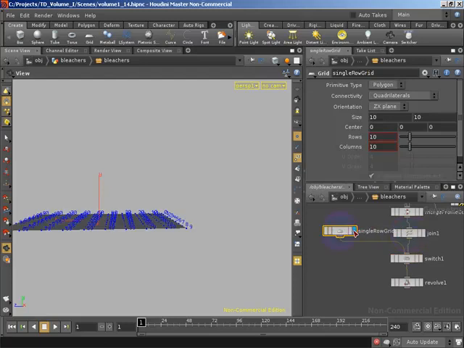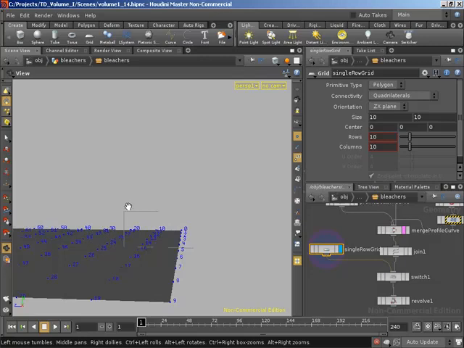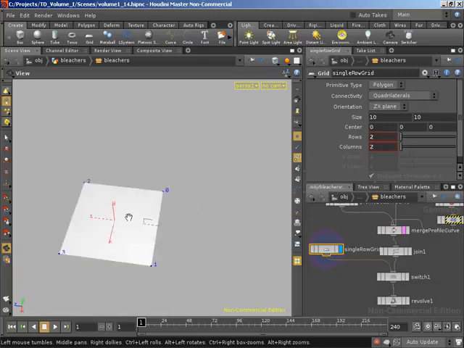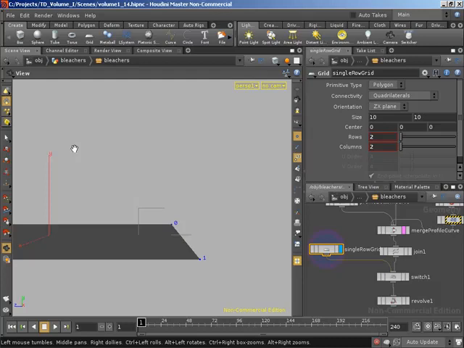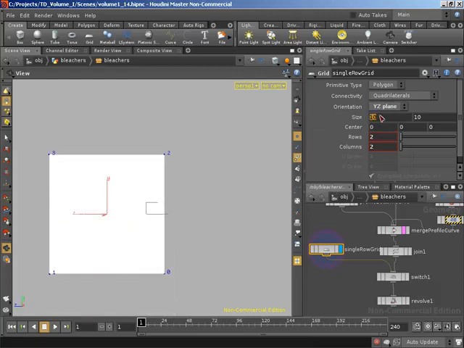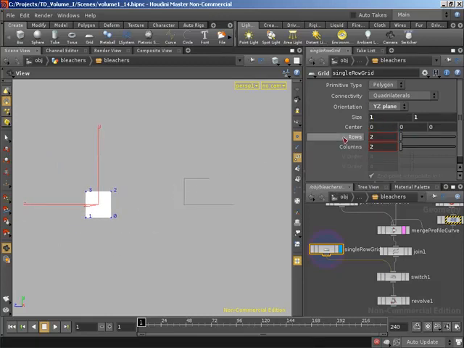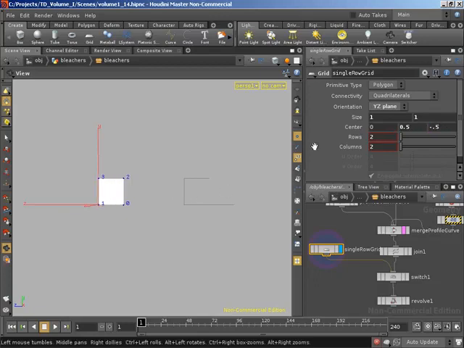And let's bring our visibility down to the grid, and then I'm going to bring and template in that line so we can see we're aiming to produce a square that's here. So first things first, let's lower our rows and columns just to 2 by 2 so we get a single face. And we can see that we need a YZ plane as opposed to a ZX plane. So YZ plane. Currently our grid is too large. If we give it a size of 1 by 1, he's going to have the correct dimensions, but the position is still off. In Y, a center Y of 0.5 will sit us up on the origin, which is exactly what we need. A center Z of negative 0.5 will align us